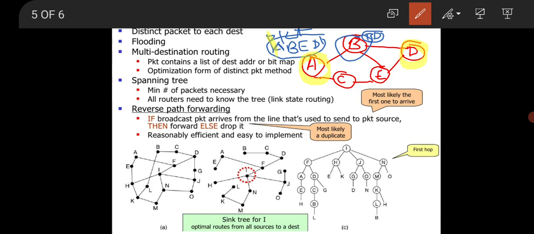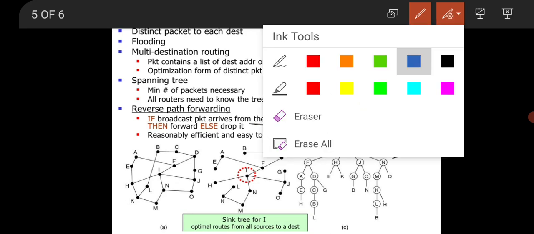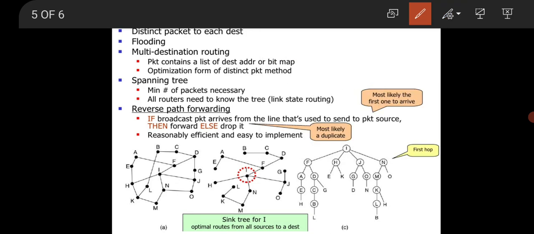But router B is intelligent, right? It comes to know that the optimal path to D is B to D. So rather than going from B to E and E to D, we can go directly from B to D. So the router generates a new copy of the packet with BD, and then finally it reaches the destination.